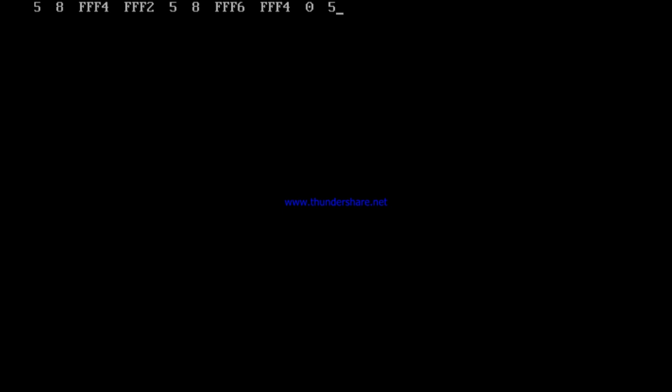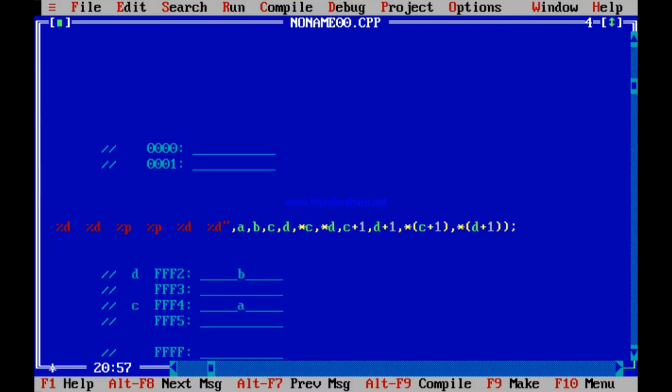Now star of C plus 1 is FFF6, whose content is 0, but D plus 1 was FFF4 whose content is 5, so it is printing 5. By chance it is the same thing.